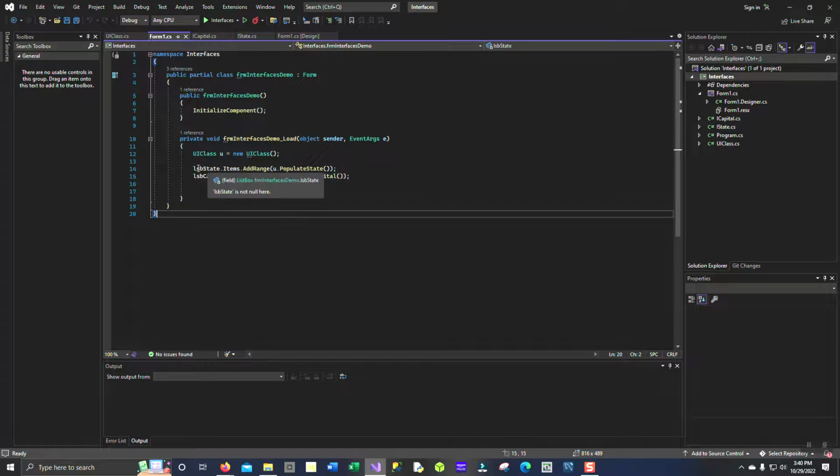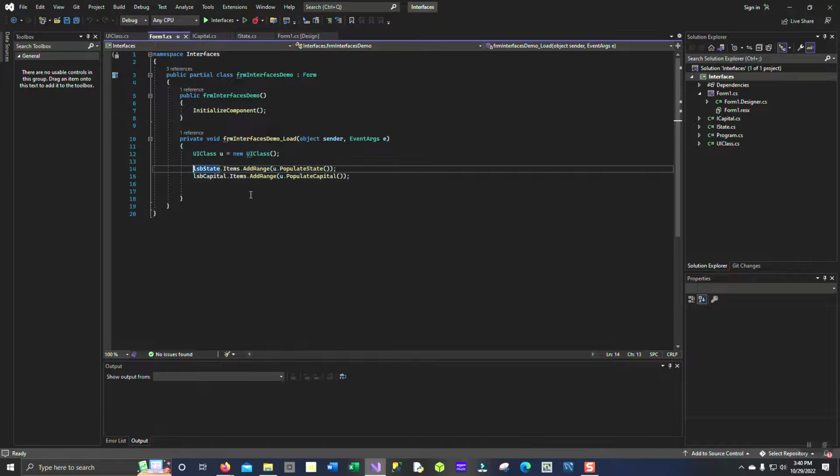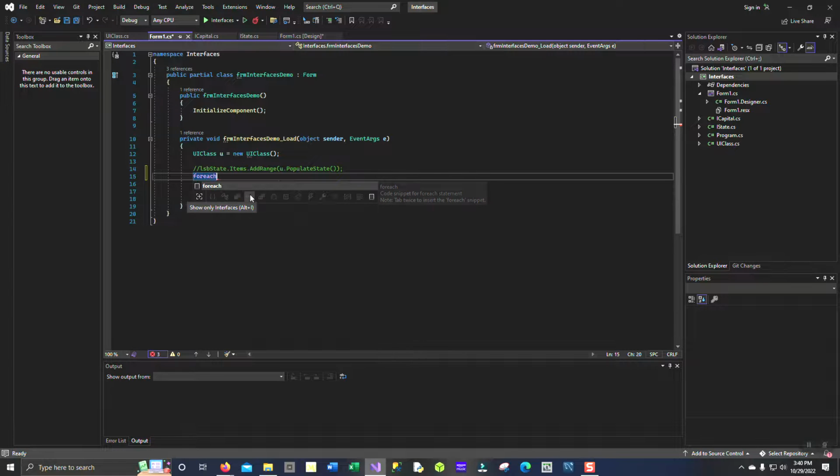Okay, so just as an example, for each string s1 in u dot populate state